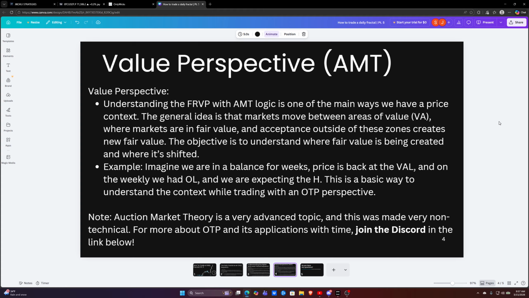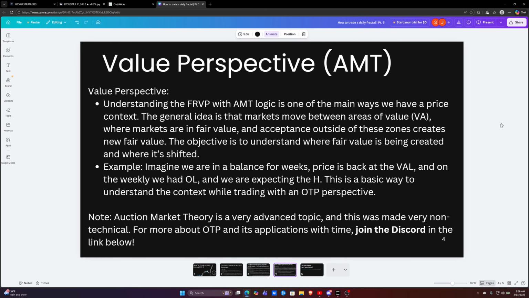Now, these are where markets are in fair value, right? And acceptance outside of these zones is going to create new fair value. So the idea is fair value being created, new fair value being created, and whether it's going to shift or come back to a previous fair value. So guys, we have a perfect example on the chart we're going to show you, but let me show you